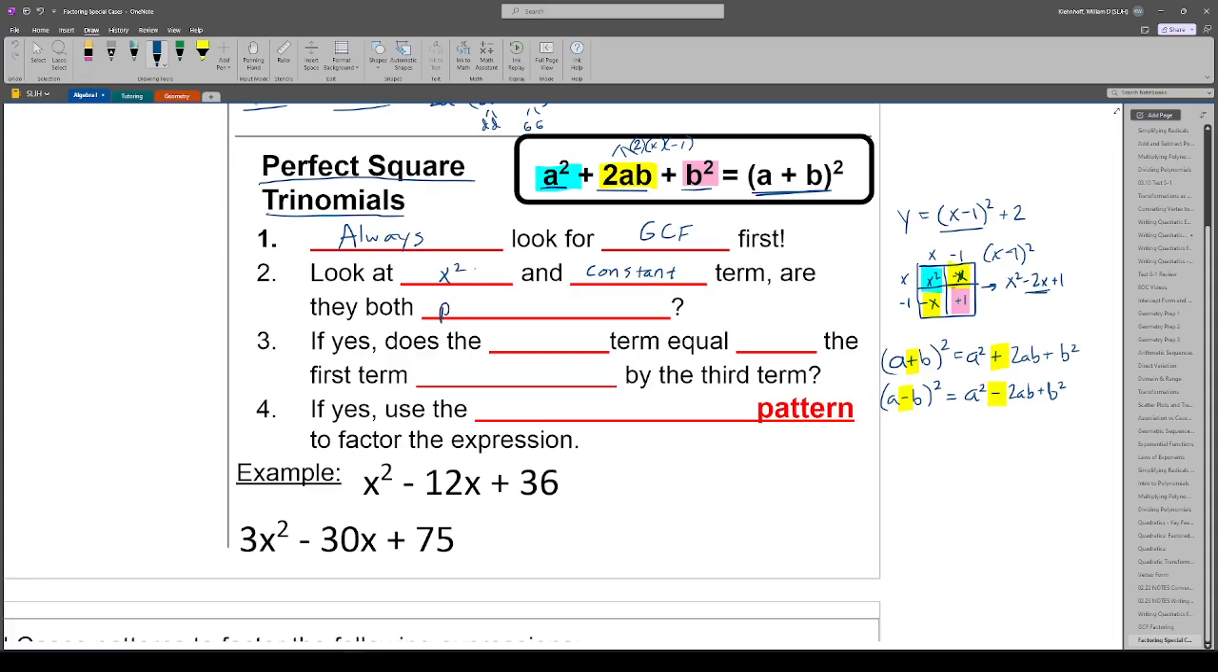Are they both perfect squares? So we're recognizing the same kind of numbers that we did with difference of squares. 1, 4, 9, 16, 25, all of those magical perfect square numbers. If yes, so that's the first check. If not, we can't consider this as an option and we just move on from it, and we can't factor it as a special case. If the first and last terms are perfect squares, then we have to check, does the x term, the middle term, so we can still put first, last, and here we can put middle,